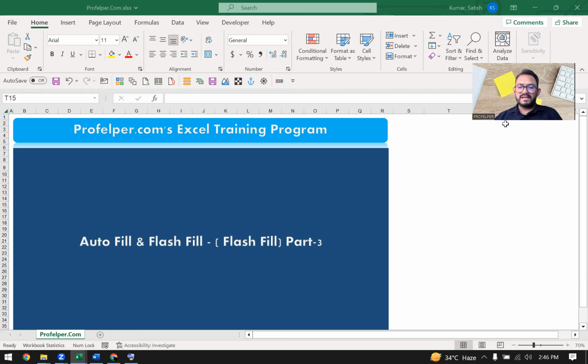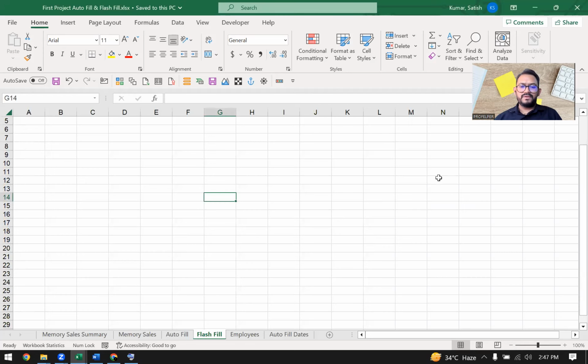In this video, we will understand the flash fill. So let me just move forward to the file which we have created. This is a file which we have already been using for the last two videos. In this video, we will understand the flash fill basically. So first of all, before understanding the flash fill, we need to understand what is the difference between autofill